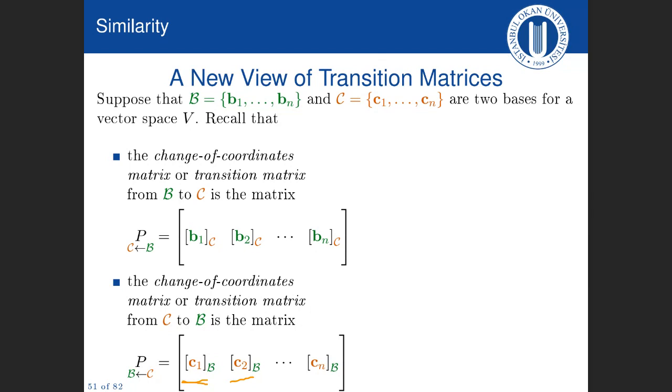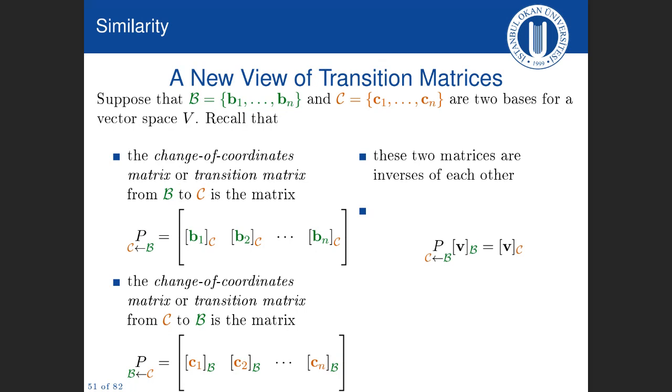You will recall that these matrices are inverses of each other. The inverse of the first matrix is the second matrix, inverse of the second matrix is the first matrix. And the way that we were using these is, if we go from B to C, we could use the change of coordinates matrix from B to C, multiply that by the coordinates for some vector V with respect to B, and we would obtain the coordinates for V with respect to C. Or going the other way,